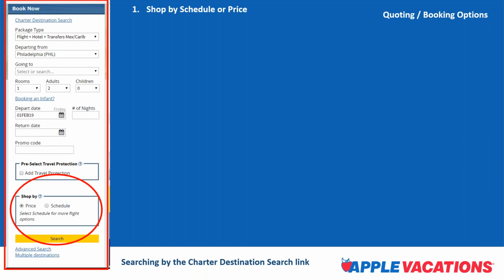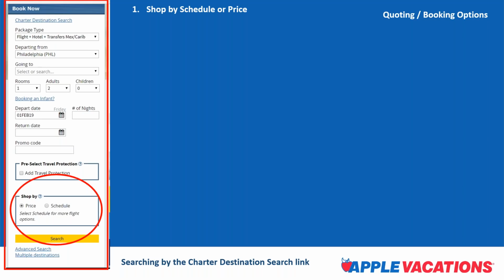So you're earning your full commission on the air portion as well as the land portion. As opposed to when you are shopping scheduled airlines, you will earn up to 5% commission on the air, depending on the carrier and the class of service, etc. So anytime that you can sell into those charter packages with those flights, you're going to earn more money and your clients are going to get the very best value too.